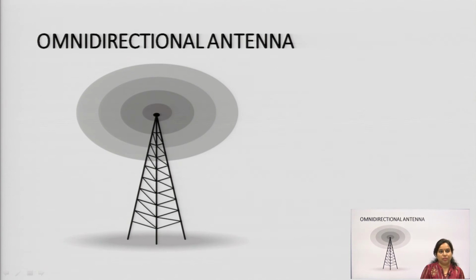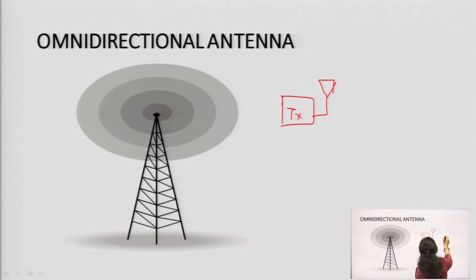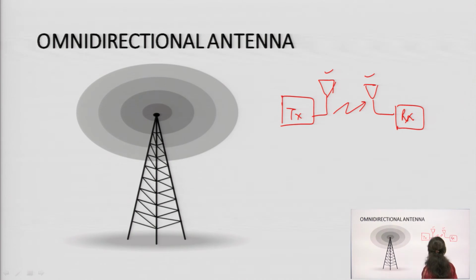Next, we will move to the type of antenna that will be used for any kind of broadcasting, because in case of wired and wireless both, an antenna will be used, because it is the first device that receives the signal. This is the transmitter, this is the antenna associated with the transmitter, this is the receiver, this is the antenna associated with the receiver, and this is the channel. It may be a wired channel, it may be a wireless channel.